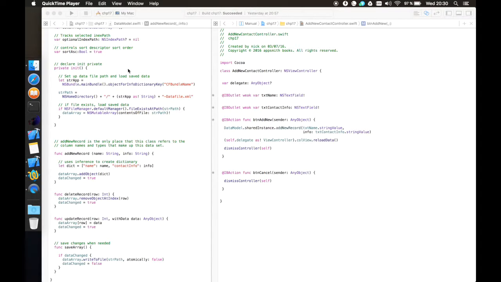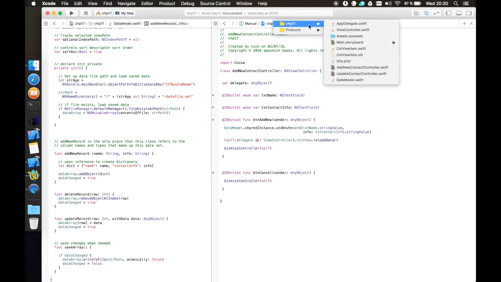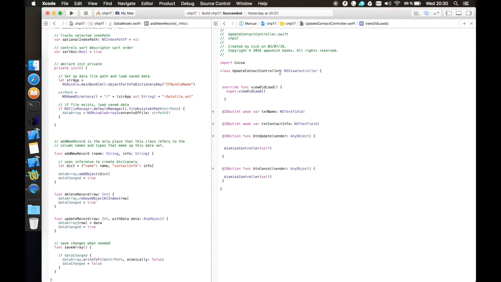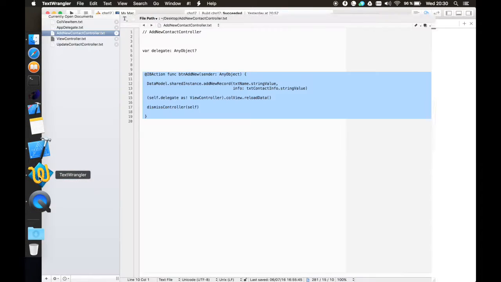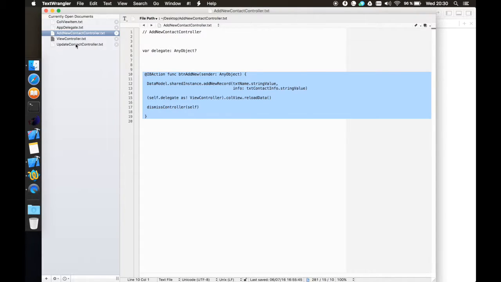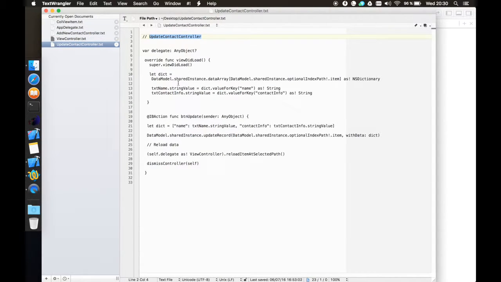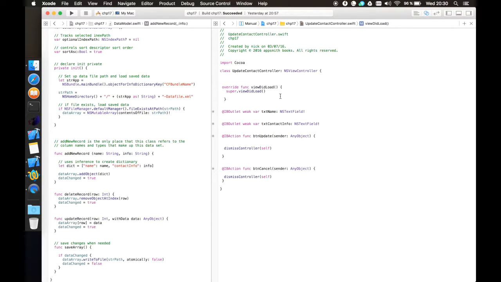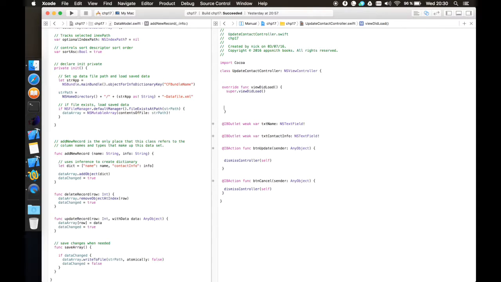So we are now going to switch to, and I'm going to use the jump bar up here to switch to the update contact controller class, and we're going to look at those changes in here. So over to Text Wrangler, and first of all we're going to look at how we load data in, because when we start this app now,